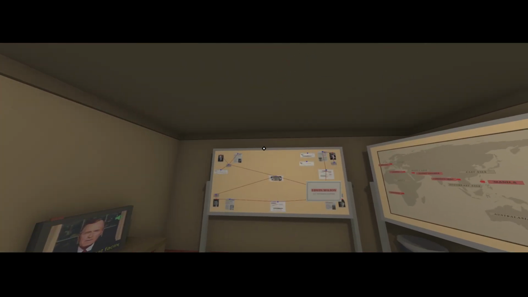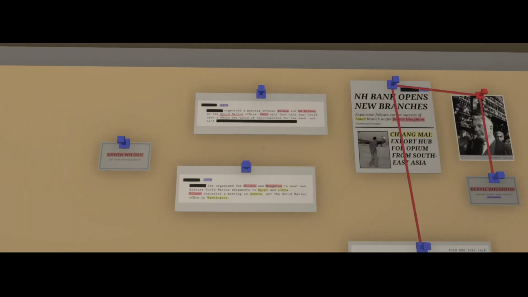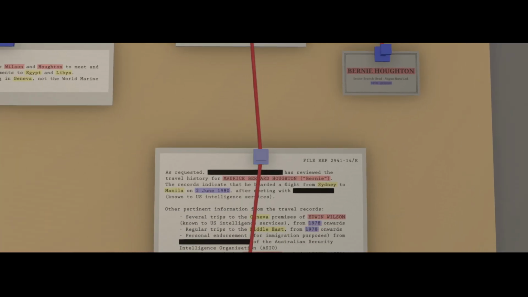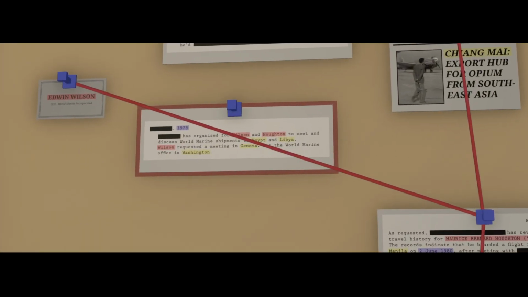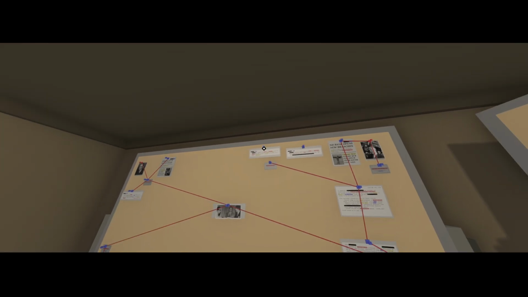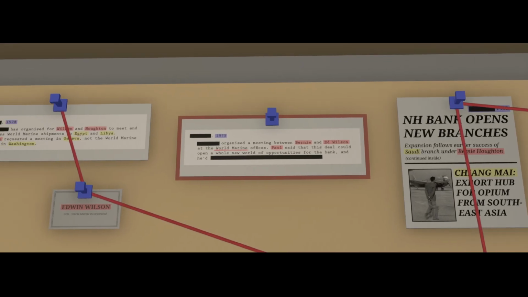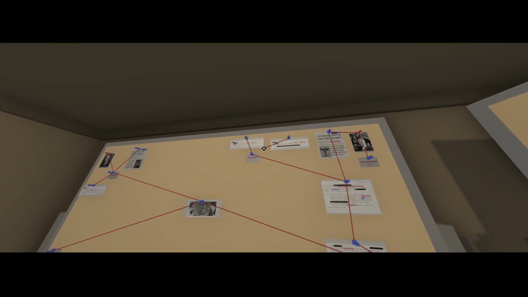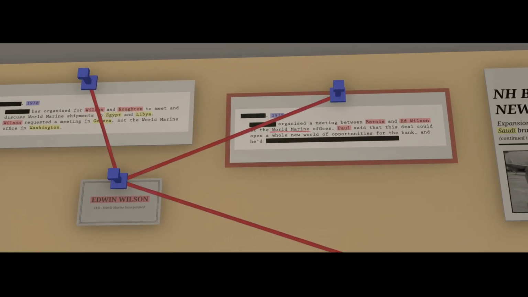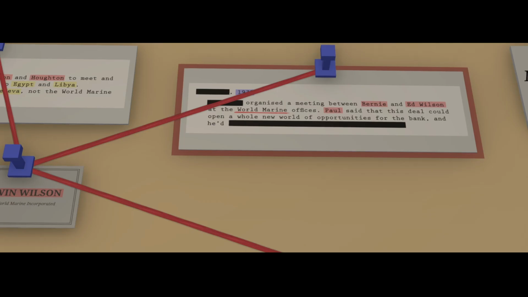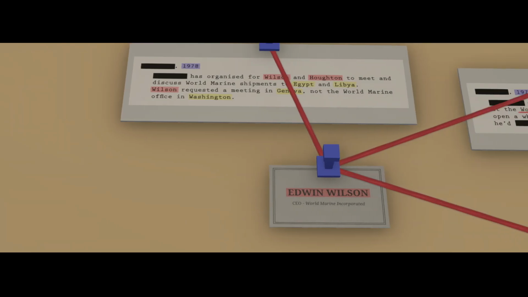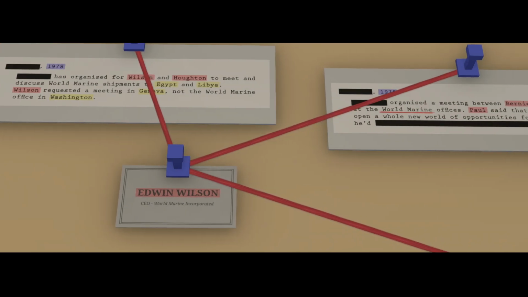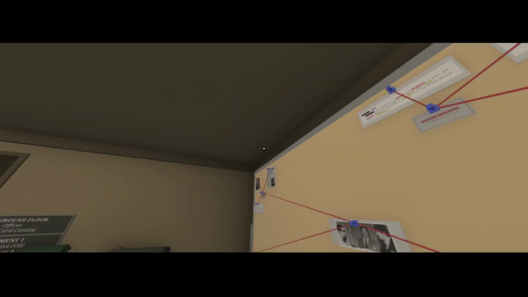Okay, this kind of just feels like a little bit of fluff, but now we have Edwin Wilson. Do we have anything mentioning Edwin in here? We do. Edwin. Ed Wilson, I'm assuming, is it Edwin? So now we have Edwin Wilson. World Marine is highlighted. The World Marine office in Washington. So why don't we go to...